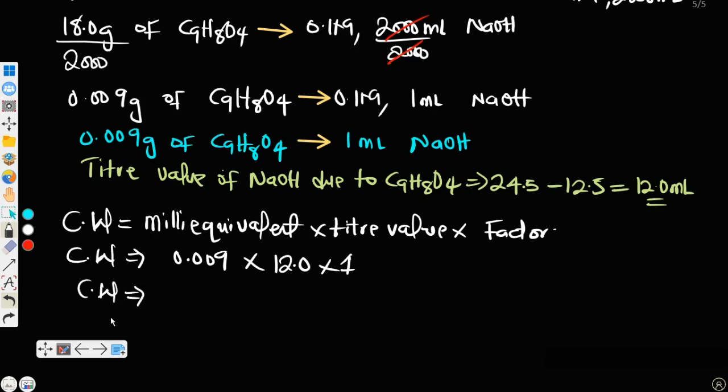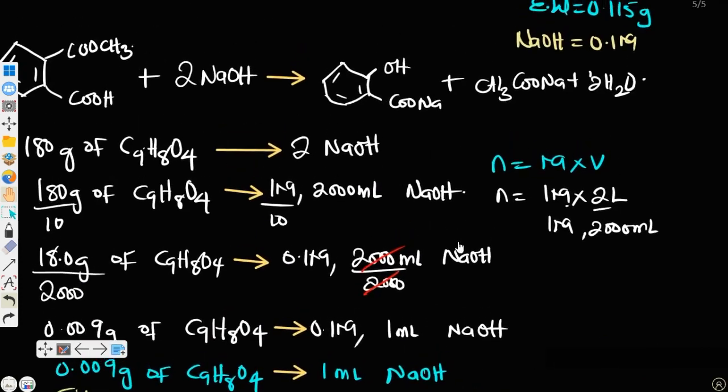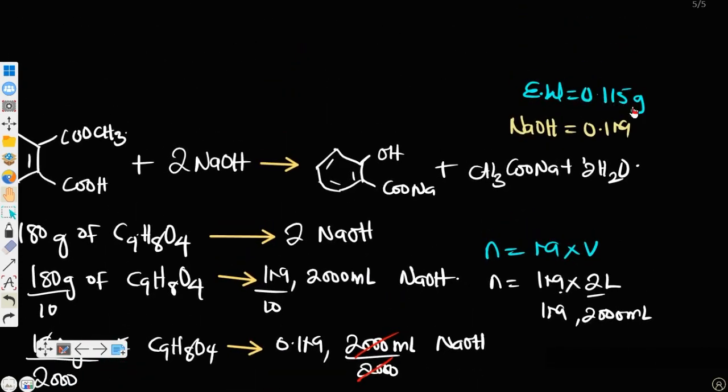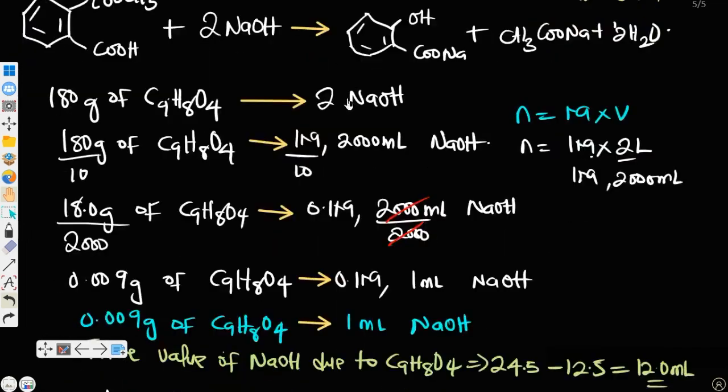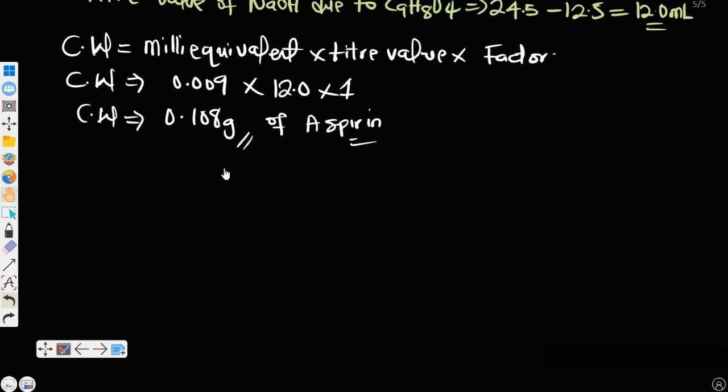Calculate for me. What did you get? 0.108 gram of aspirin is present. Now, initially, what was the amount of aspirin that we are expecting? The expected weight of aspirin is 0.115 gram. So to get our percentage purity for aspirin now,